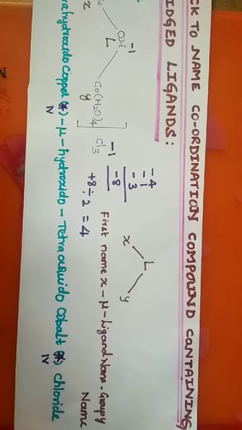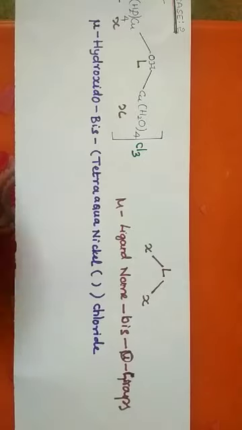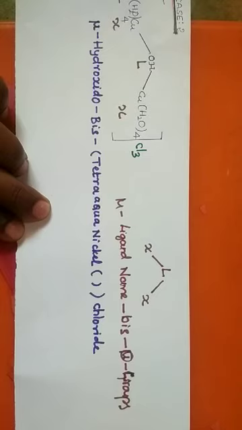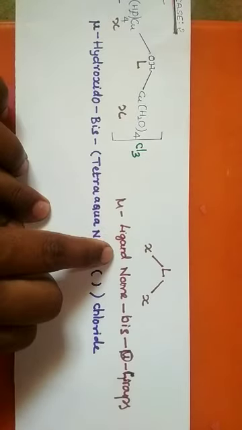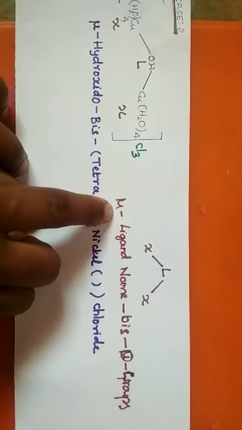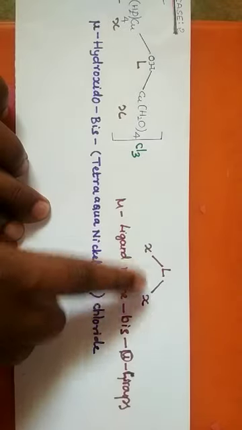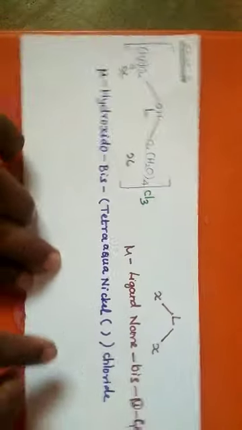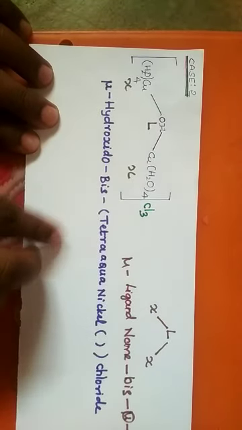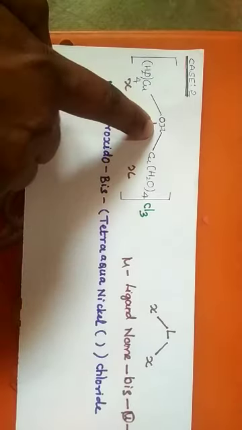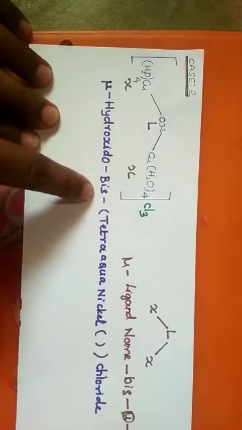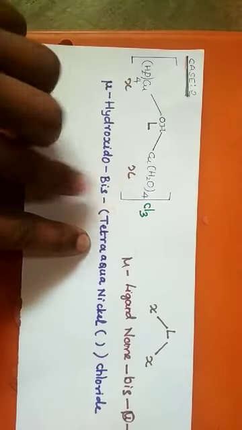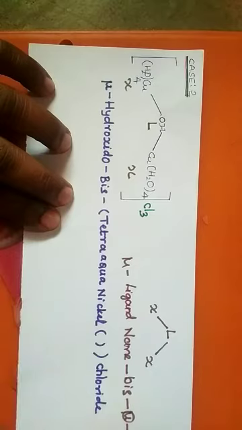When we come to the second case, similarly, if the groups are the same and the ligand is bridged at the center, then you write first the ligand name, with mu as prefix. Why? Because it indicates a bridge. If two groups are the same, then you use bis. Don't use mu here for the groups. See, then you write according to that rule. You write mu hydroxido ligand and bis, because two groups are the same. There are 4 water molecules. You can write tetra aqua or tetra aquido.